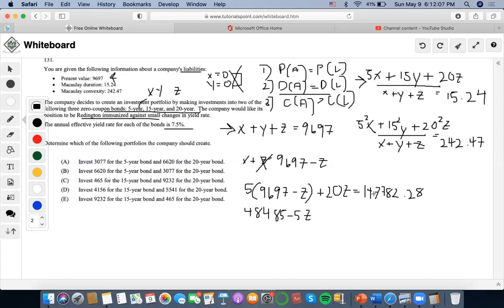Right, and then we move this to the other side, which is that, keep changing, 15z divided by 15. So z is going to be equal to